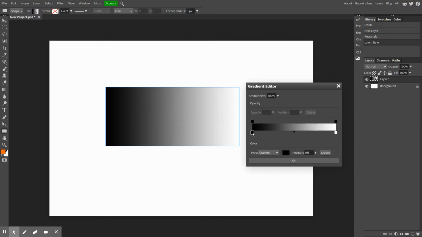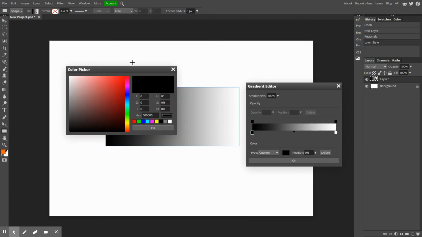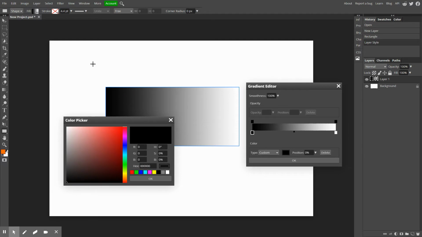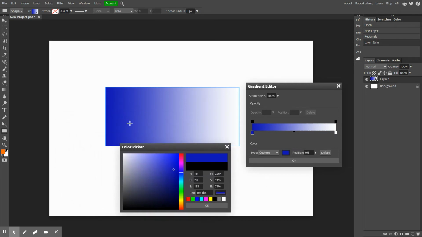So I'm going to click on one, and you'll notice that right away when it's highlighted, that's the color we're editing right now. If we double click on it, it'll bring up our color picker. Now, if we've got another color somewhere on the screen, we could match it by clicking on it, but we don't have anything else. So we're going to pull our own color into it. Let's say I start off with a nice dark blue somewhere in this area right here. And you can have a little preview. You can tell right here that it's a preview of what it's going to look like when you're done. That's what I like about this. And if I go darker, lighter, I'm just going to go with a regular